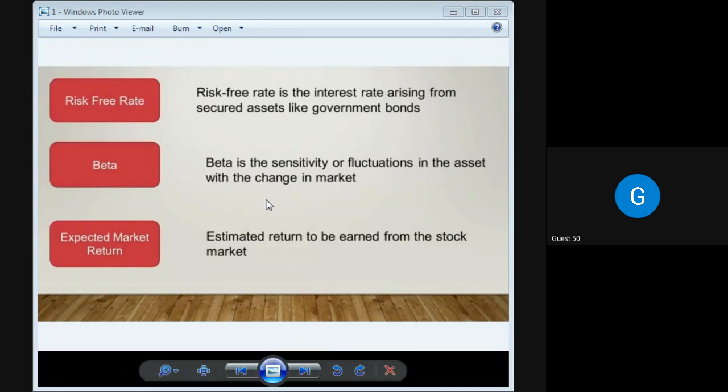Right? So beta is the sensitivity of fluctuation in the asset with the change in the market. So we can say beta takes into consideration not just the individual risk involved in the assets in which you are investing. It tries to compare it with the market risk. Okay, what are the market risks? Market is inflation, deflation. मार्केट में कैसी सिचुएशन इस समय चल रही है, किस पर्टिकुलर सिक्योरिटी में डिमांड ज्यादा है, किस पर्टिकुलर सिक्योरिटीज में इन्वेस्टमेंट ज्यादा है,